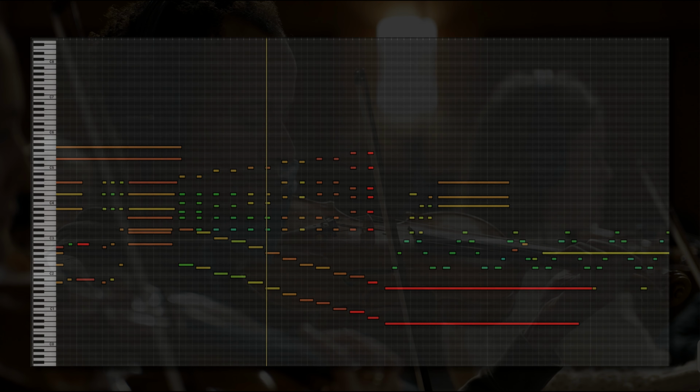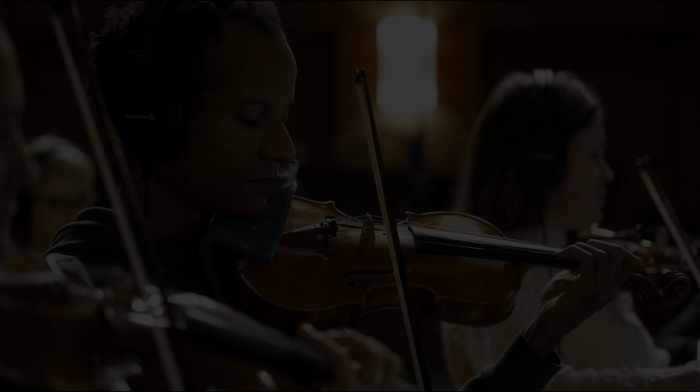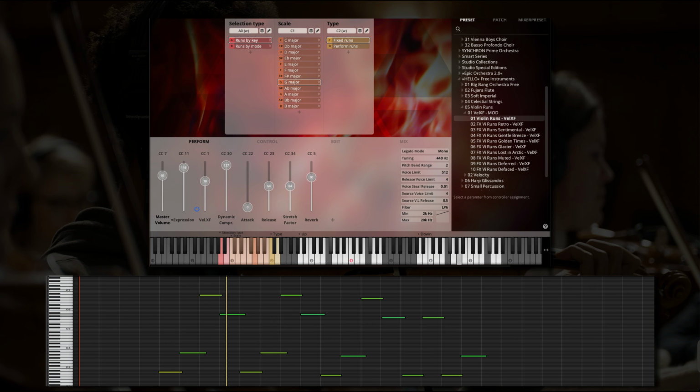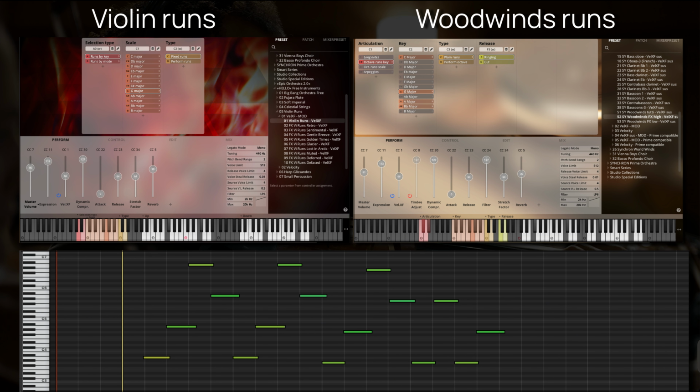To keep the runs perfectly in sync with the tempo of my piece, I'll activate the stretch function. To give it more brilliance, I'll double it with the woodwinds, using the Woodwinds FX library.